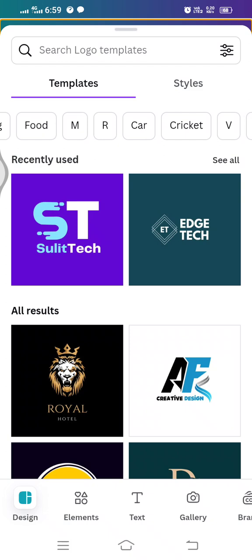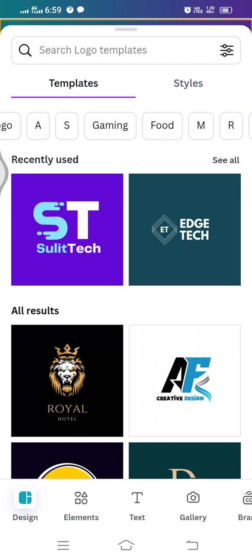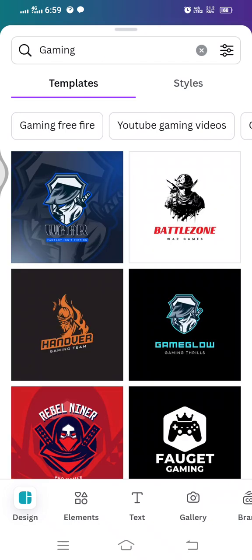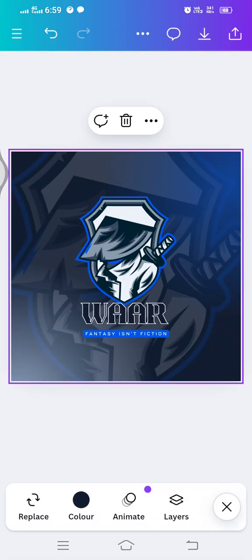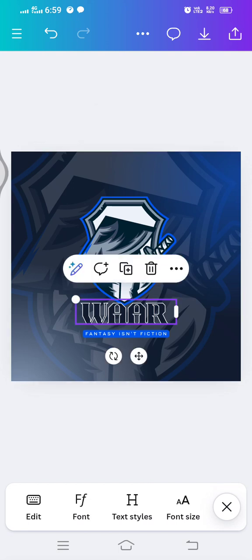I will click on the gaming logo. In that, I will click on this option. And you should click on the name of that logo. After clicking,